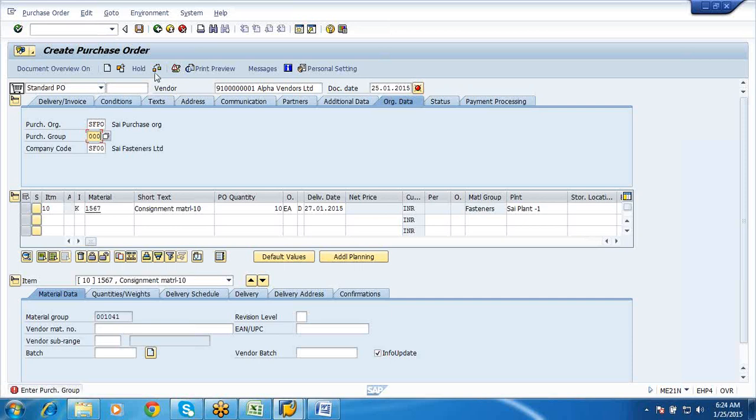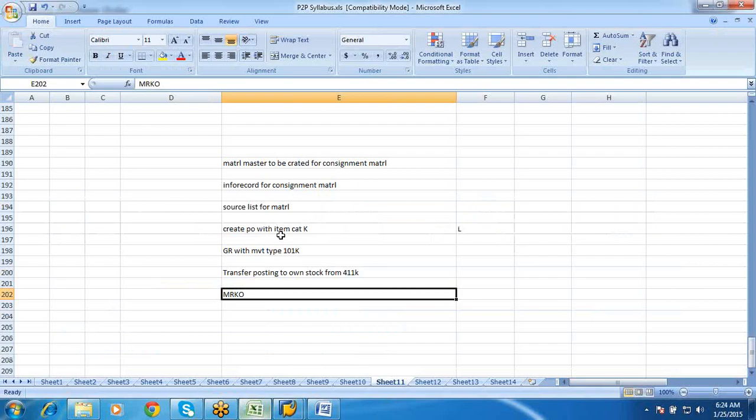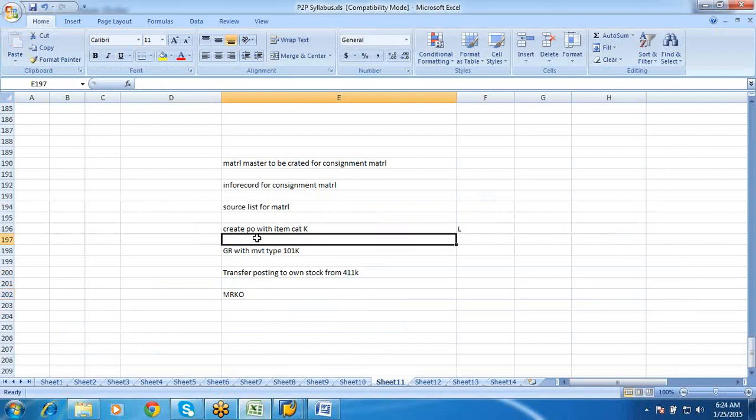Okay, see here, I'll just click on check button. That net price will gray out. It's already grayed out, I believe. See here, this is already grayed out. It is not allowing me to edit this field or enter any value in this field. Okay, so one more thing we need to notice is no price. Net price will not be given in your PO.